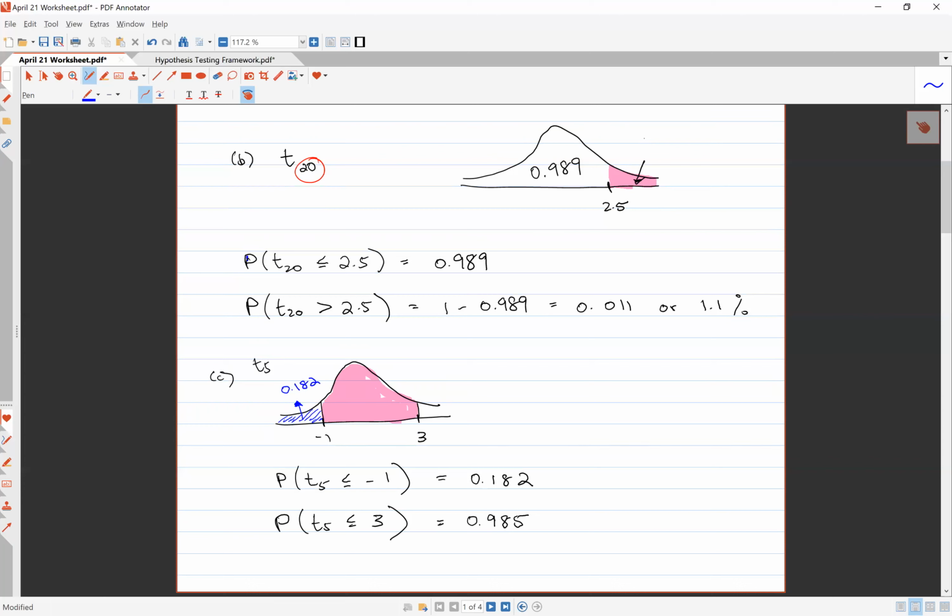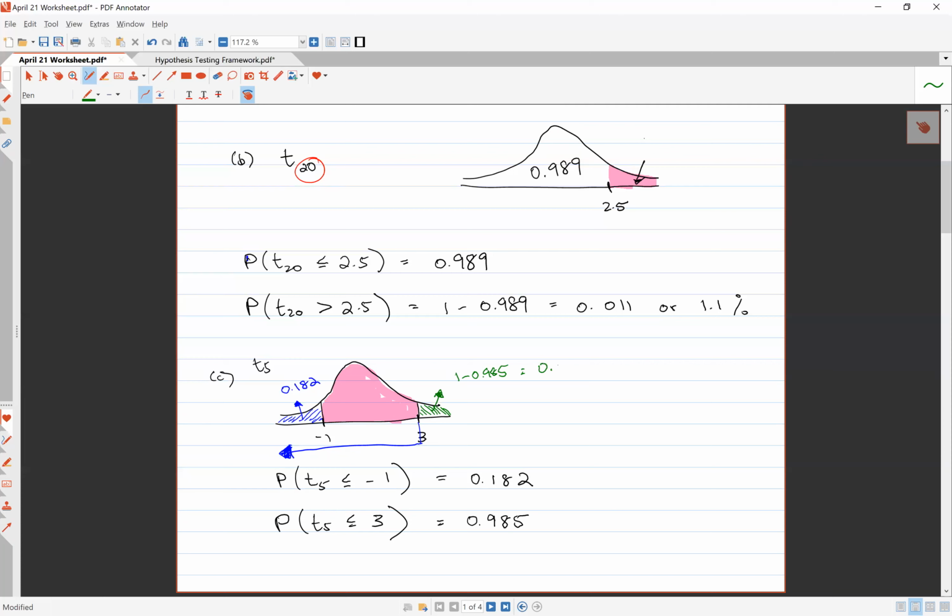Now, the next number for 3, that gives us everything to the left of 3. So perhaps the most helpful thing to do, there's more than one way to do this calculation, but to me, the most intuitive way is to say, how much is then to the right of 3? I know that has to be 1 minus the 0.985 I just calculated,